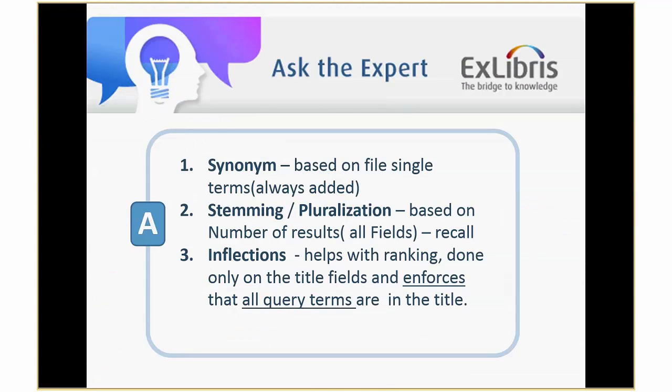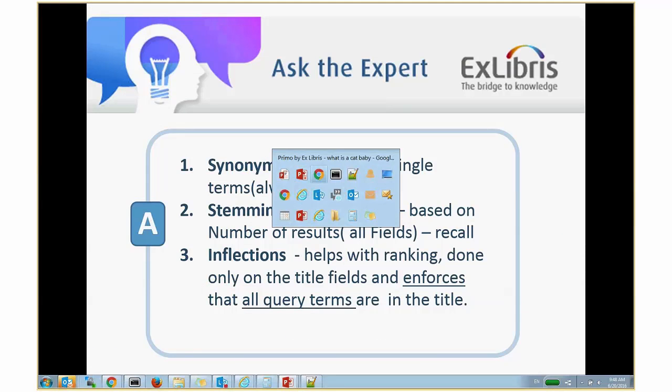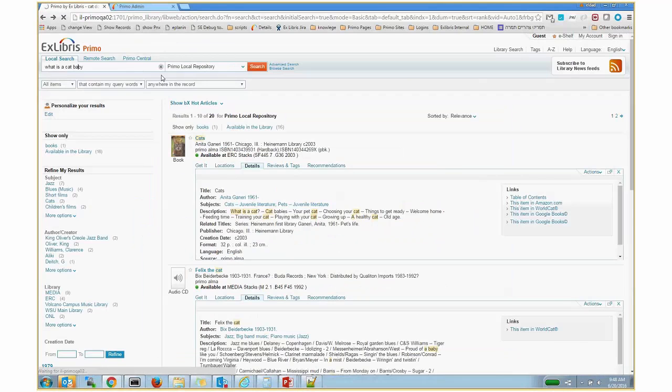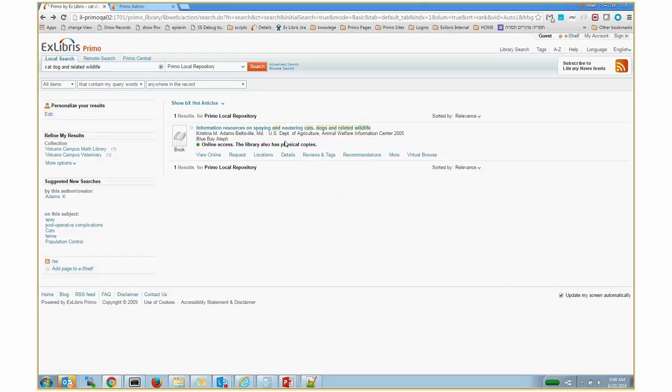When we talk about inflections, I'm going to inflect only the words in the title. If we go back to what I had before, if I have here cat, dog, and related wildlife, it works only on the title. So I can expand, stem, pluralize, and do many interesting things with cat, dog, and the related wildlife. Of course, "and" is not used as a stopword itself. It's removed when we try to return or rank in this specific area. But we can add here cats and here dogs,